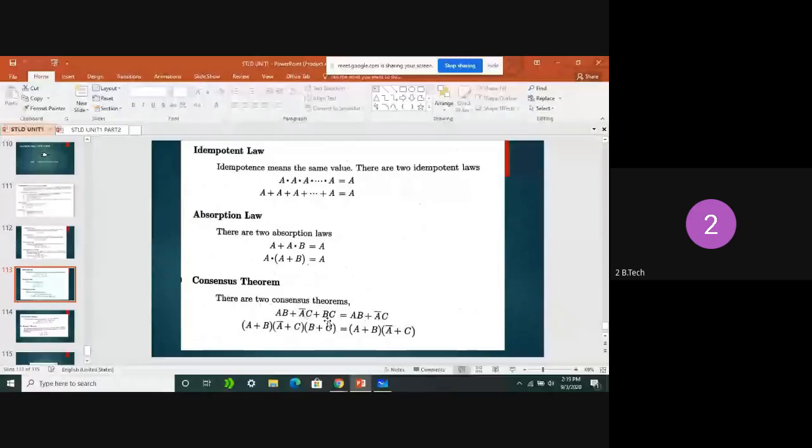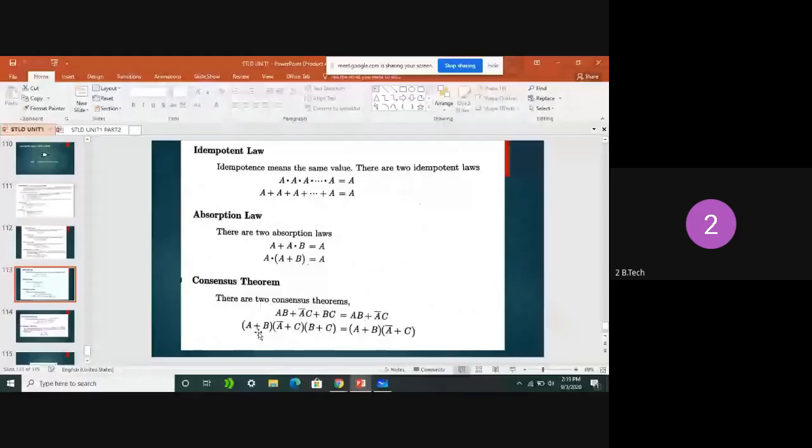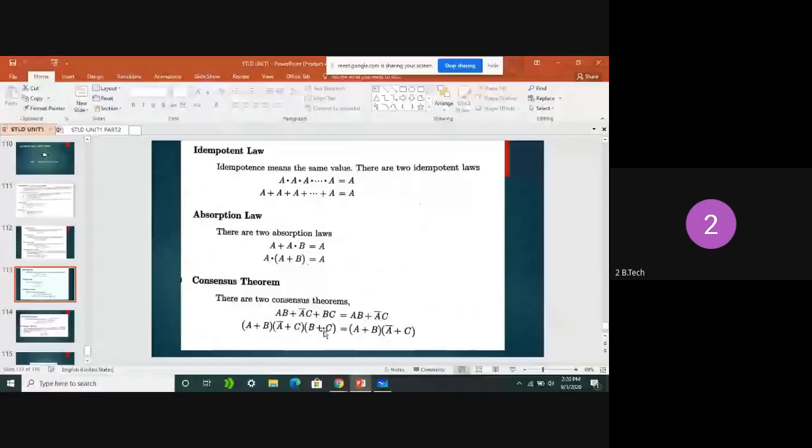In the second operation, first of all the OR operation is performed, that is A plus B. Again the OR operation is performed on A bar and C. Clear, all of you? Again on the B variable and C variable the OR operation is performed, that is B plus C. Again the entire terms, A plus B, A bar plus C and B plus C, are given to the AND gate, which is an AND gate with three input terminals. So we have the second formula like this.